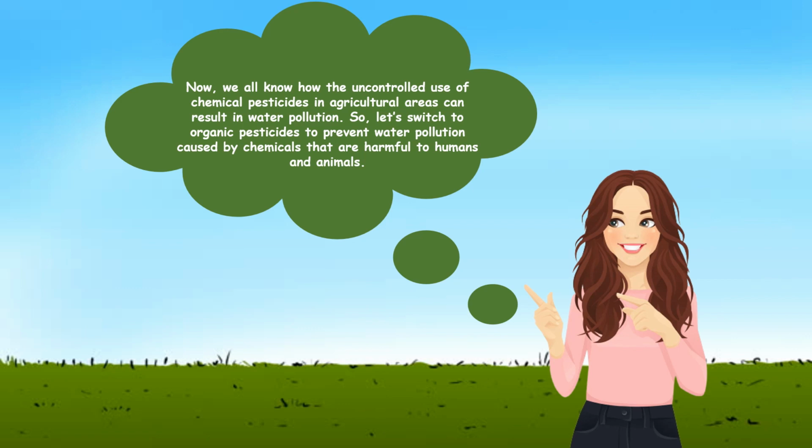Now, we all know how the uncontrolled use of chemical pesticides in agricultural areas can result in water pollution. So, let's switch to organic pesticides to prevent